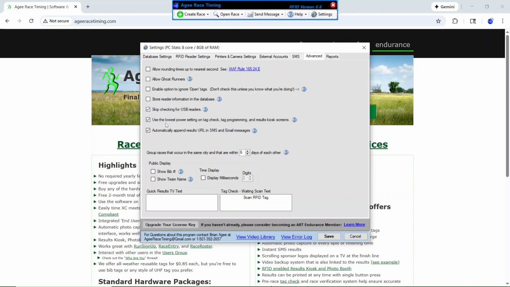The other recommended setting, which is on by default, is to use the lowest power setting when you're programming tags, or using the tag check feature or some of the other luxury features where you really want to pick up just one tag at a time. This drops your reader to the lowest power setting possible, which means it's only going to pick up the tags that are within an inch or two from the antenna. Now, on the timing screen, the software 100% always uses full power, even if you have this setting on, so